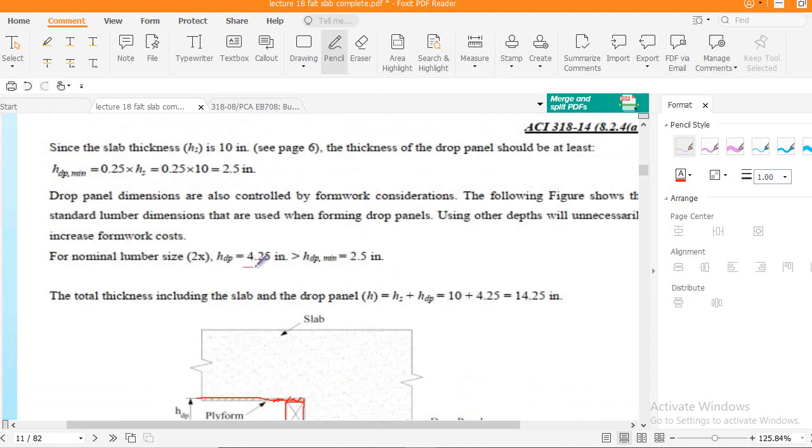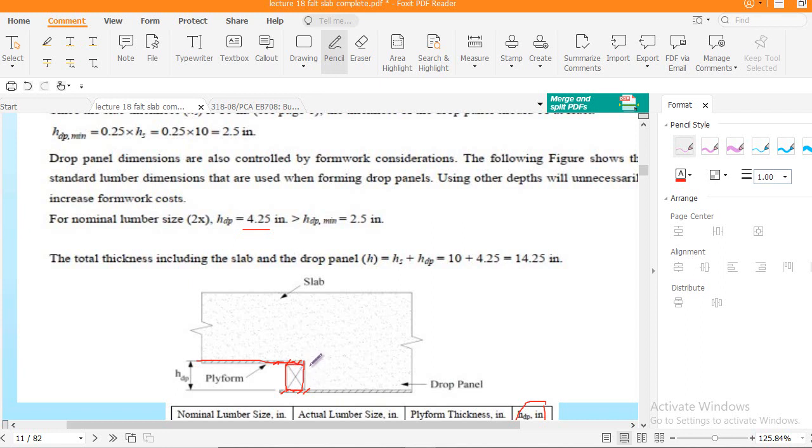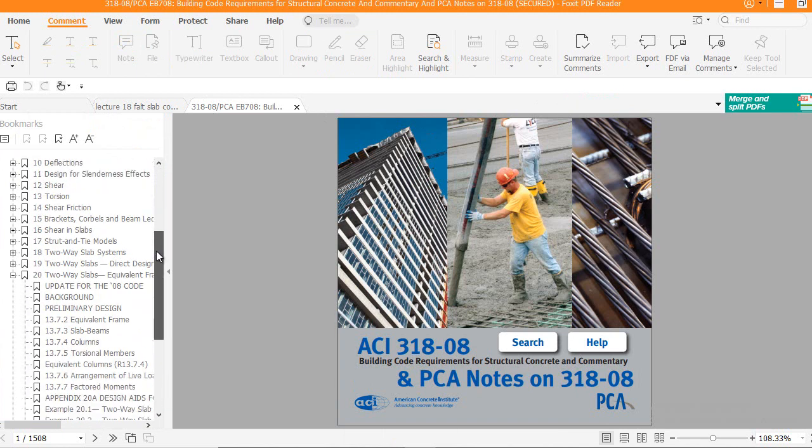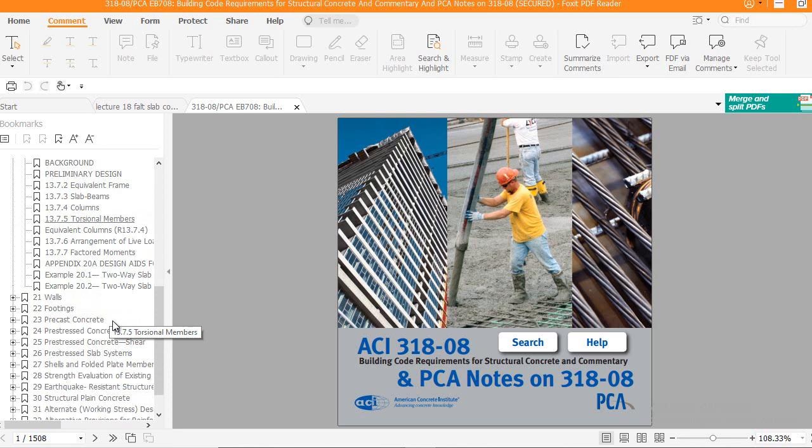thicknesses. You see the drop panel thickness is 4.25 inches, but the tables which are available for the calculation of stiffnesses are for 2.5 inch, for 5 inch and 7.5 inch roundabout. So you have to use such thicknesses of a flat slab system which can accommodate basically those tables. Let me show you those tables. And this is the PCA notes. From here we will use to calculate the stiffnesses, and here we have a two-way slab system, and here we